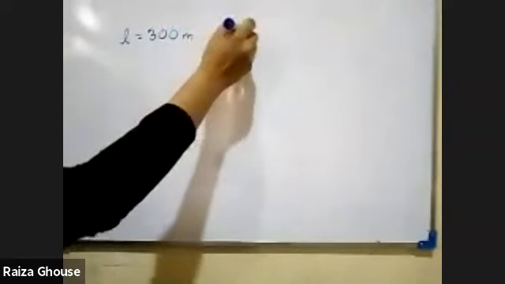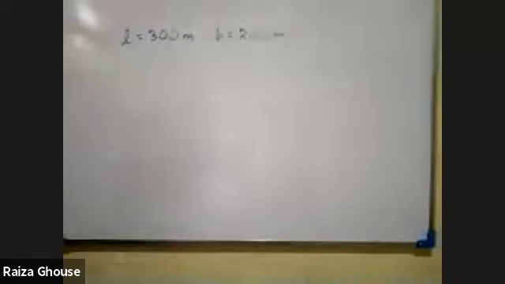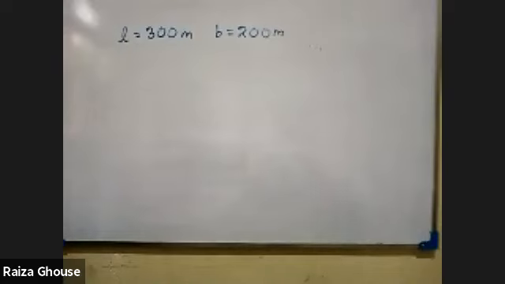Breadth is 200 meters. Length 300 meters. So some have taken 10 meters for 1 centimeter. Not possible. If it is possible, you can draw in your book. Just if it is a CR book or something. Something a very suitable scale. Just suppose you are drawing in your exam, how do you do it? Likewise.